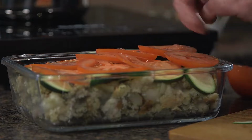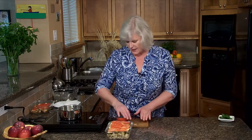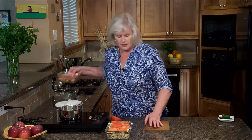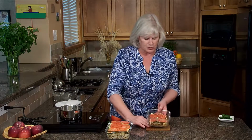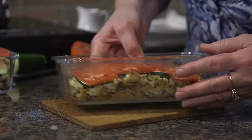Perfect. All right, so to this point, you can cover your dish, put it in the fridge for up to 8 to 10 hours, and then before dinner, take it out of the fridge. It bakes for about a half an hour at either 375 to 400, depending on the thickness of your fish. And when it comes out of the oven, as I promised, it does shrink down, but it just looks so delicious. I don't know if you can see the layers there with the fish and the stuffing and then the